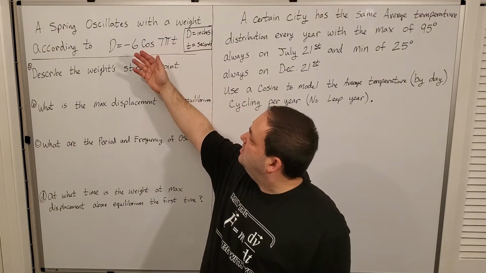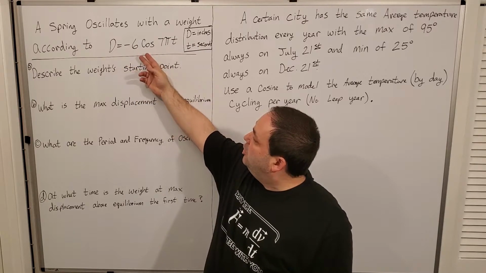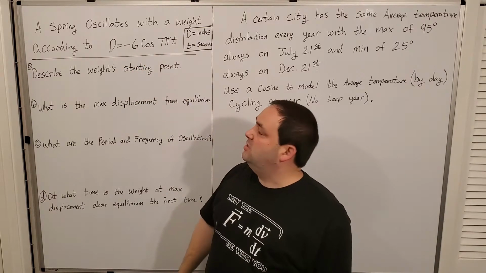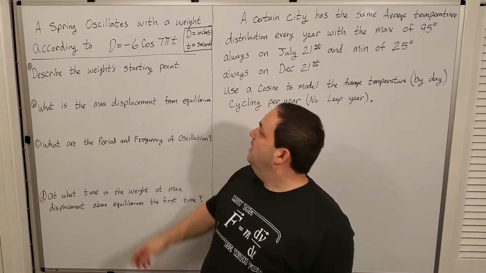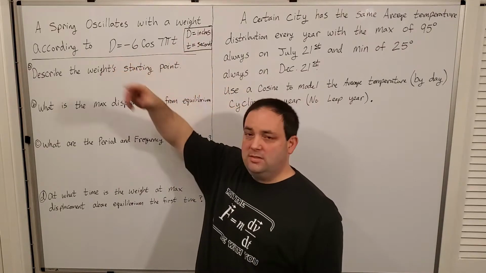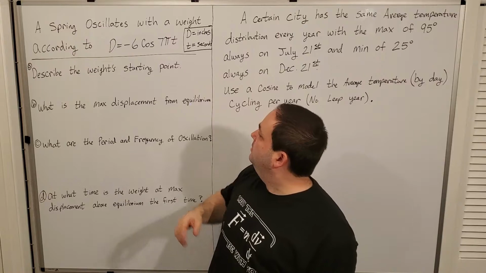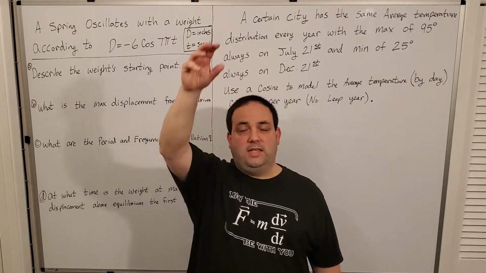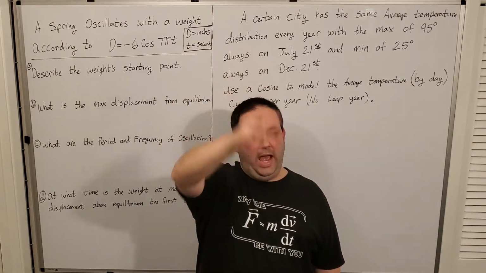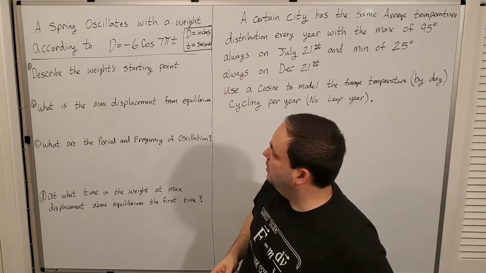Okay, and it oscillates according to the equation d equals -6 cosine 7 pi t. And d is measured in inches above and below the equilibrium, and t is measured in seconds as the amount of time as it's passing throughout. Okay,